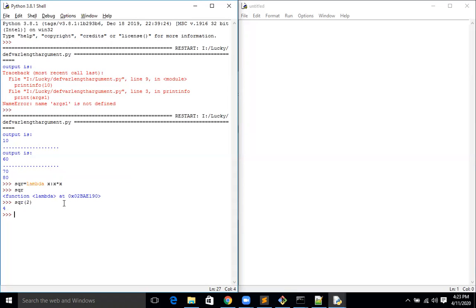Right. See what happened. Lambda is an anonymous function, right? It takes x, I mean x into x, right? Now I'm passing the parameter here, sqr of 2. Then what happened? That 2 will move to x, and then x value is 2, and then 2 into 2.